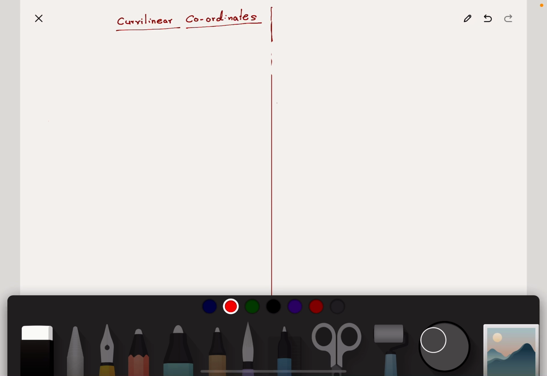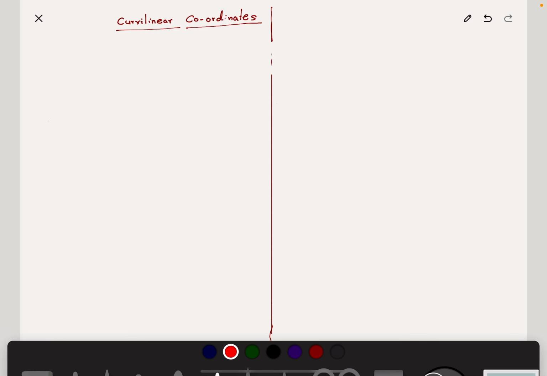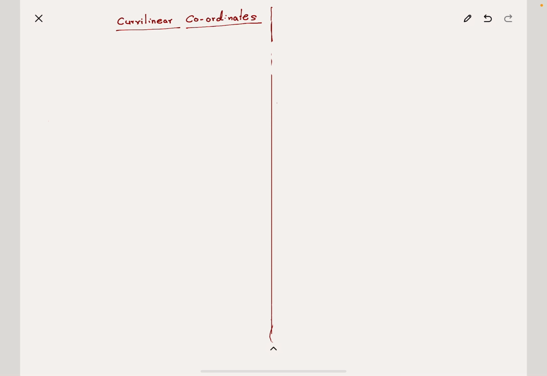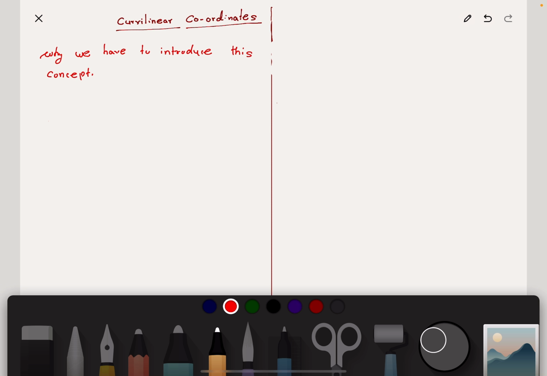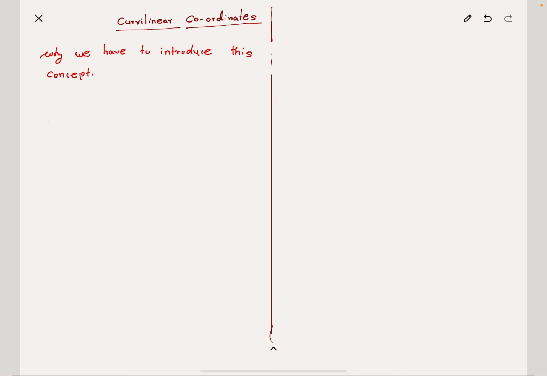In this chapter, we will see why we use curvilinear coordinates. Why we have to introduce this concept. There are many problems in physics that cannot be solved using our most obvious and general concept of coordinate system, that